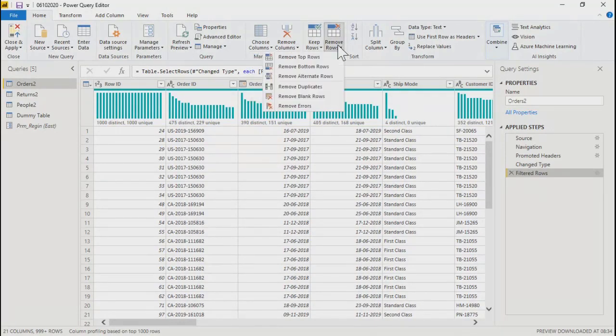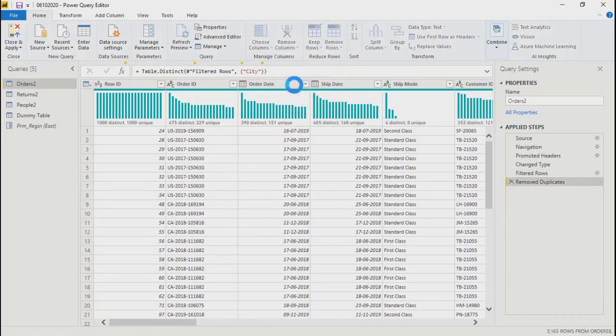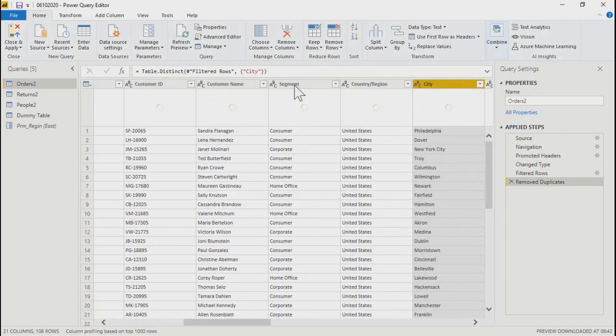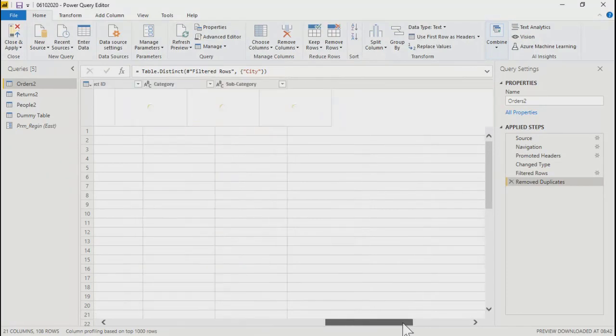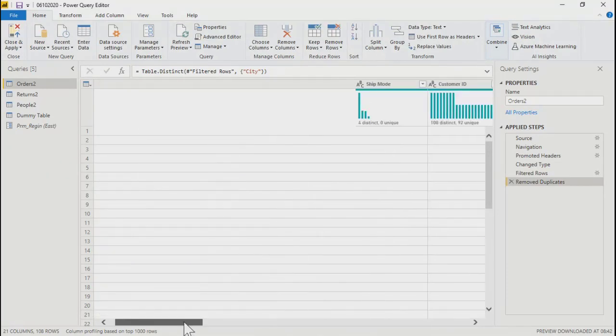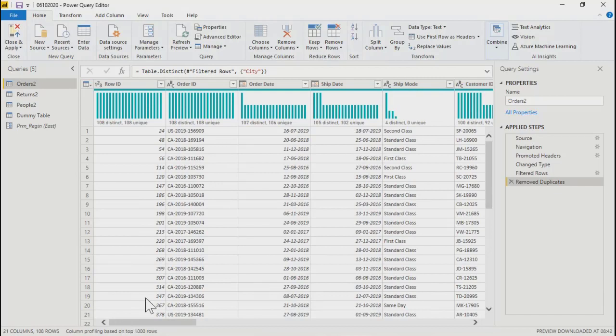Now remove rows, right? Remove top rows, remove bottom rows, remove alternate rows, remove duplicate rows. I think, yeah, this is the one I was talking about, remove duplicate. So over here, right, it will check all the conditions. Okay, it has removed, I think, 108 rows.